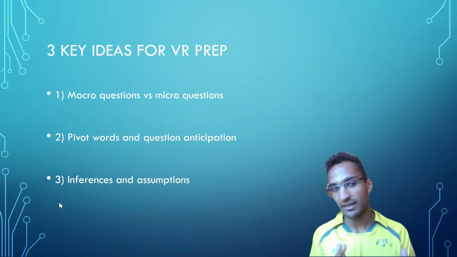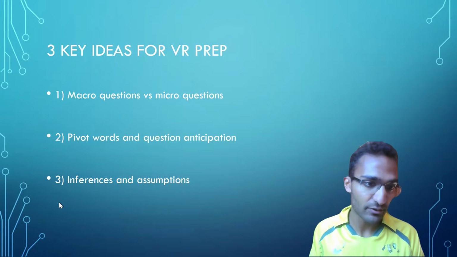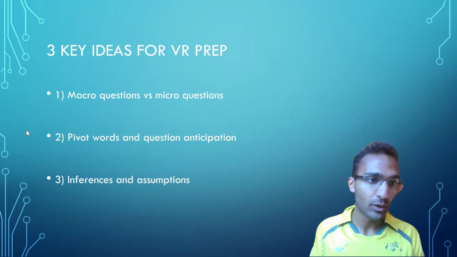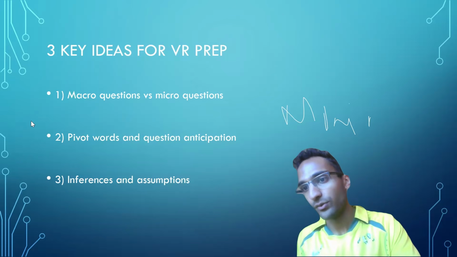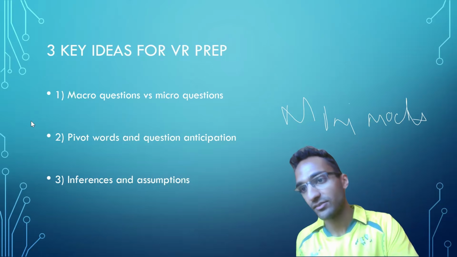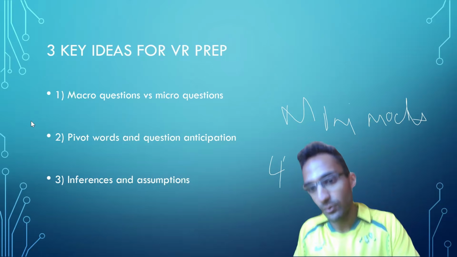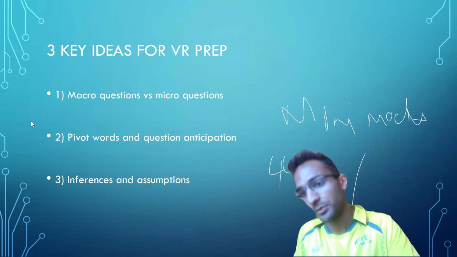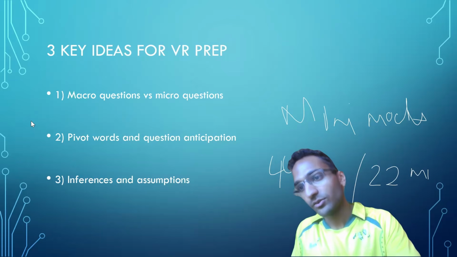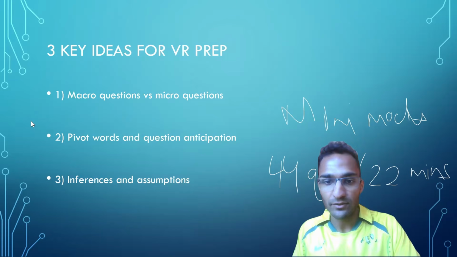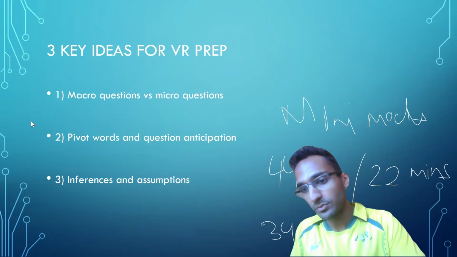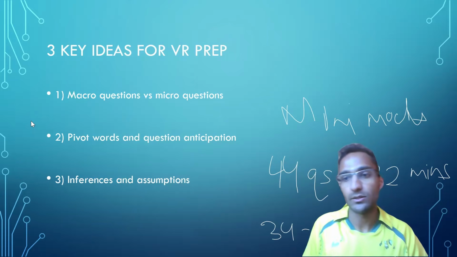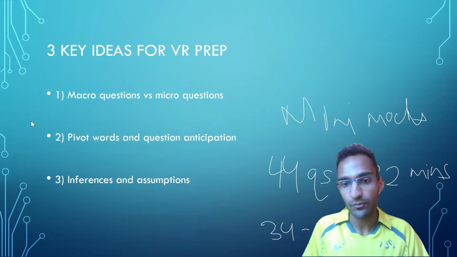Now, if you'd like more detail on any of these topics, there's a few things that I would suggest. Number one, with regard to practice, try and do some mini mocks or the equivalent of free practice sessions, which are 44 questions in 22 minutes. Your score should be aiming for something in the 34 to 38 range. That's pretty reasonable for most people, and that will get you into that 700 range overall.